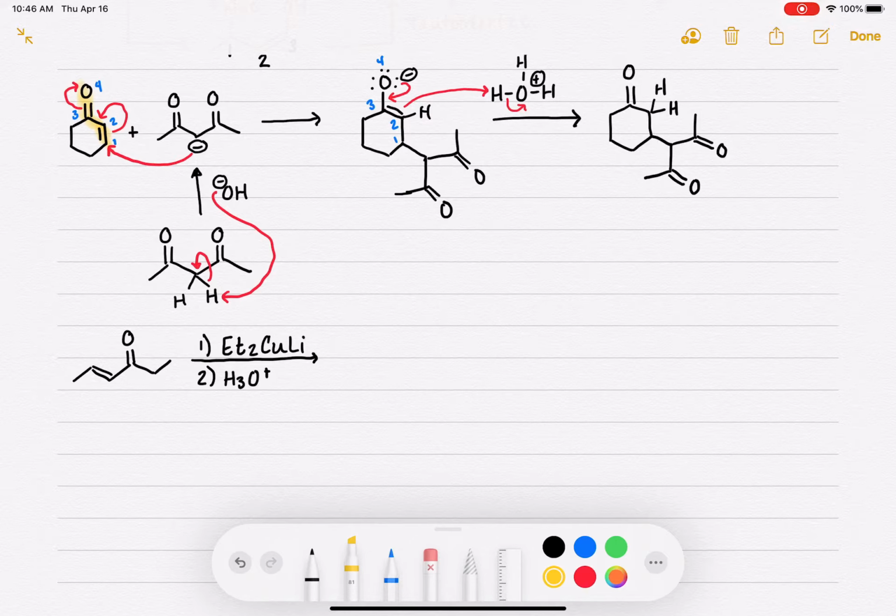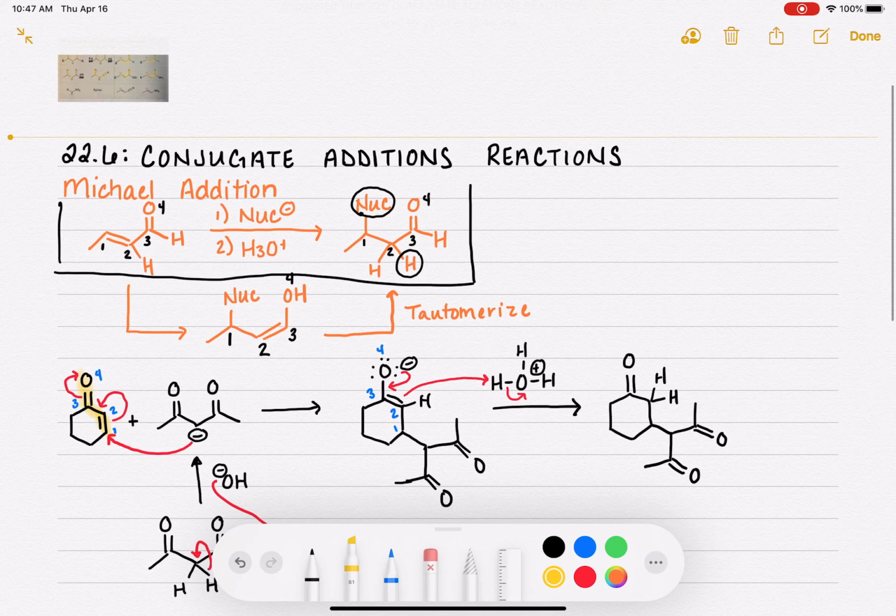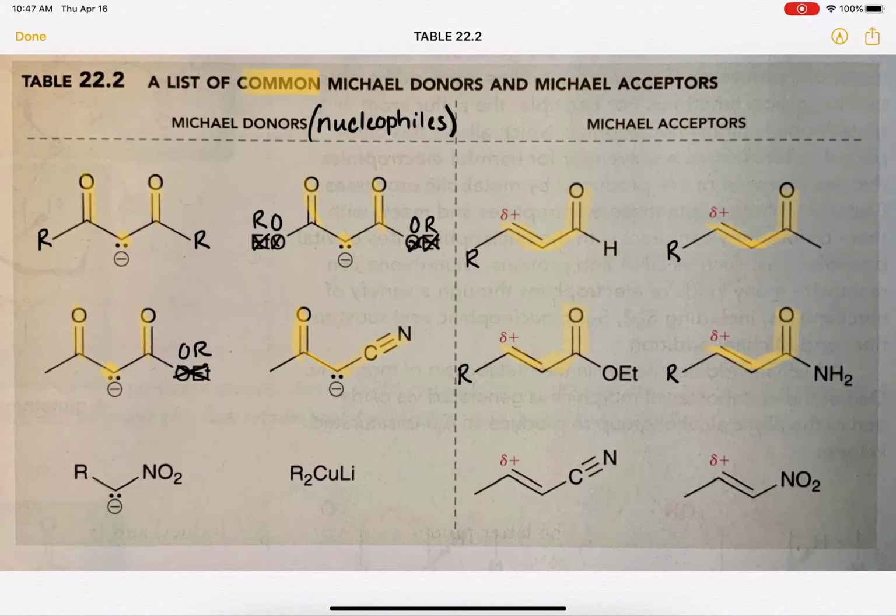The biggest clue that I should recognize is the conjugated system combined with a weak nucleophile. So we're never reacting these with strong nucleophiles like alkoxides or OH minuses or hydrides or things like that. This nucleophile, the dialkyl cuprate, is one of the ones that's listed as a common